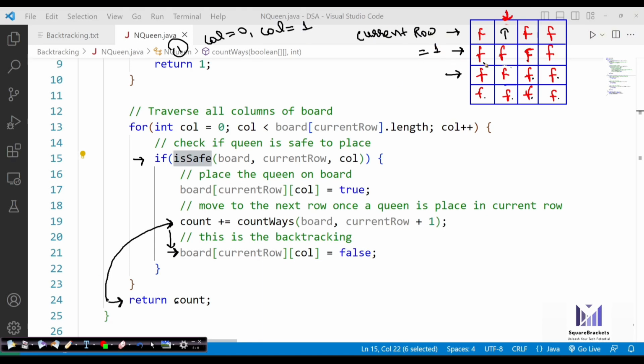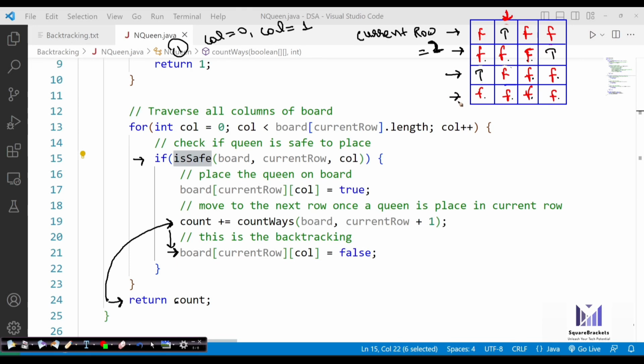Now in this row, it will check whether we can place a queen here. No, here, no, here, no. For here, it will return true. So it means we are going to place a queen here. Then it is going to make current row 2. Now once current row becomes 2, it will execute for the third row. We can place a queen directly here on the first. So it will place a queen here.